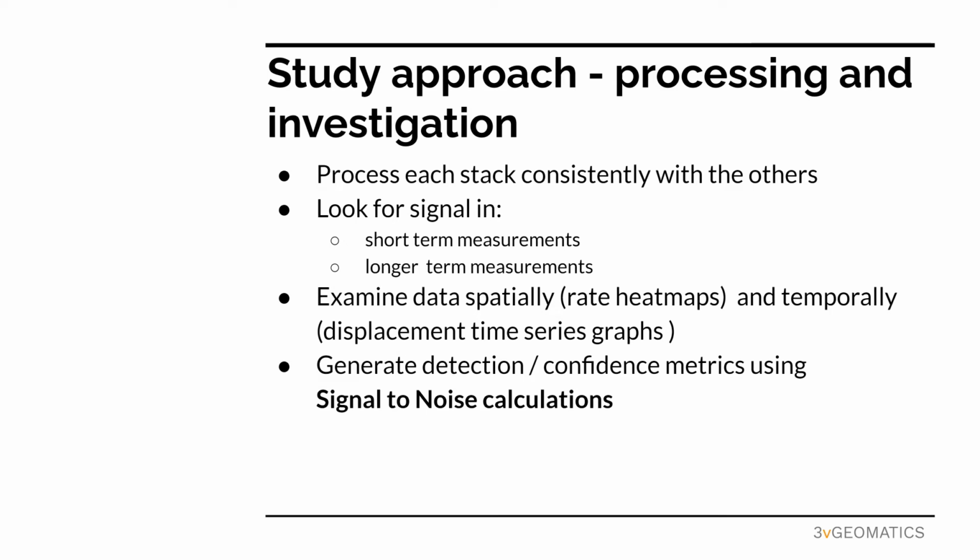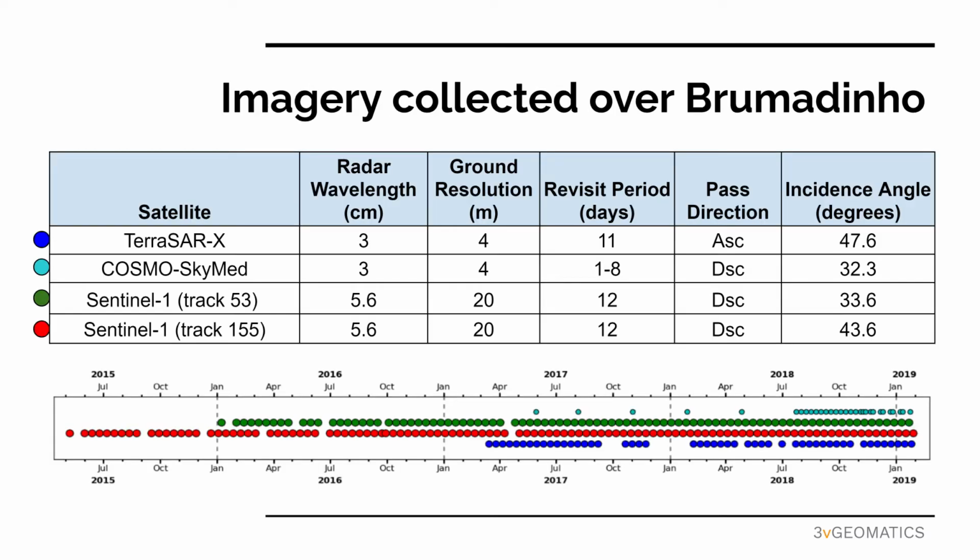In each dataset, we derive displacement time series, average displacement rates, and signal to noise ratios. The data was examined for spatial patterns and temporally, looking for accelerations in time series. We place an emphasis on both presenting displacement and the associated SNR in order to characterize the significance of any signal. While we knew the fate of these dams, we aimed to avoid fishing to confirm any signal as a precursor in a known failure area.